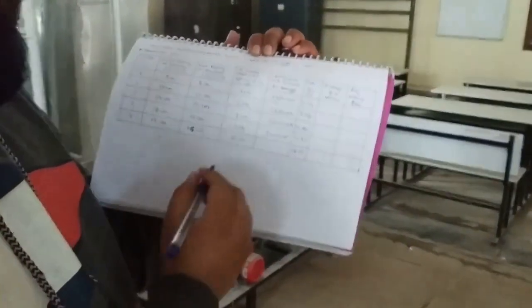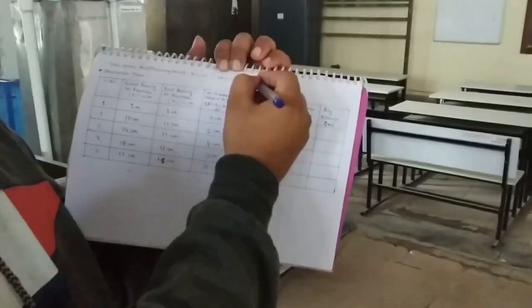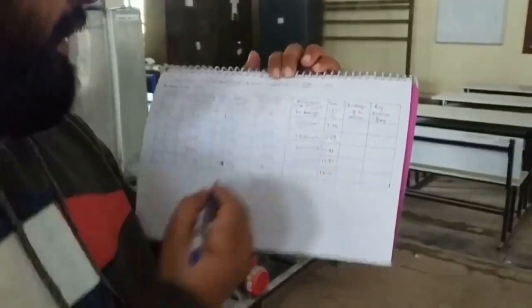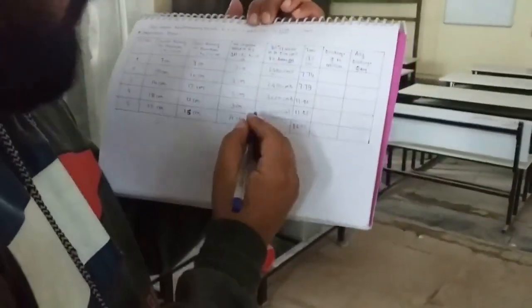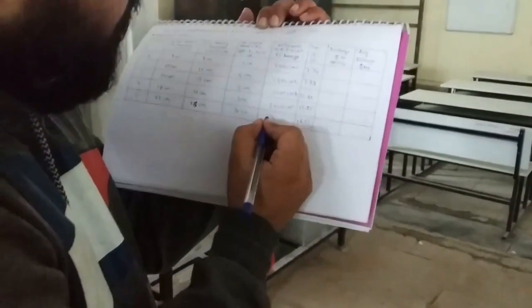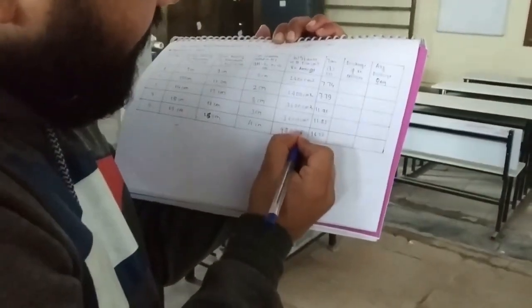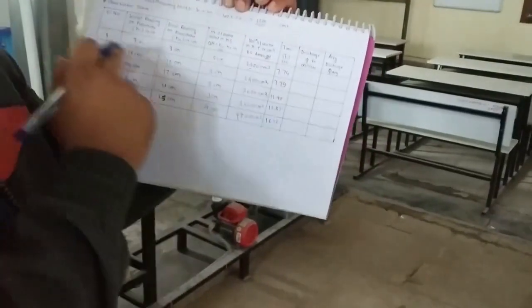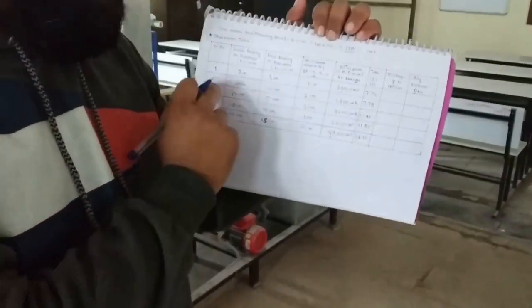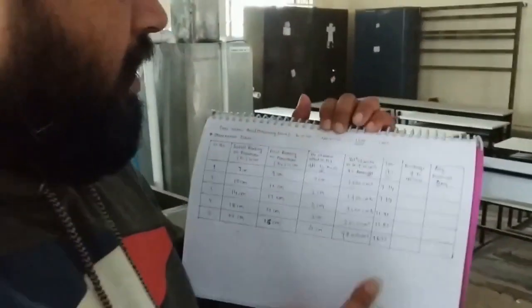So for the last reading, how much is the height difference? 4 centimeter, and the cross sectional area is 1200. So if we multiply 1200 into 4 centimeter, you will get 4800 centimeter cube. So here we are calculating the volume of the measuring tank for the particular readings, observation number 1, 2, 3, 4 and 5.